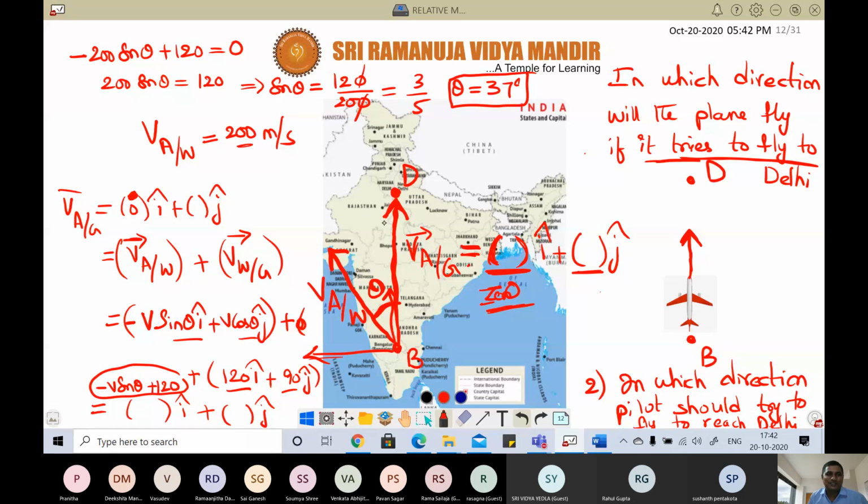Okay, so that's how we should calculate. That's how the pilots calculate. Of course, they don't calculate now because everything is automated. There's a program, and then that program will decide. It will calculate the wind's velocity. Means input should be given, and then it will calculate at what velocity wind is flowing, in which direction and all. Okay, so that's how we should find out.